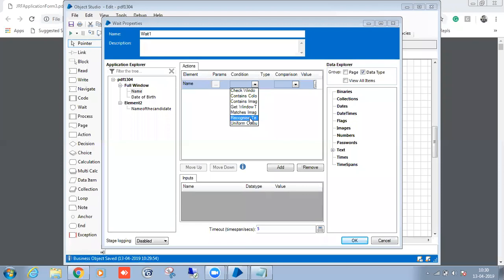Before, in the wait state, whenever we dragged and dropped any element, the check exist action was there. When you spy with the Win32 region mode, you will get different conditions: check window contains color, contains image, everything will be there. If you enable retain image as true, then only can you use these functionalities. That is why I'm setting it to true. So I will take the contains image.